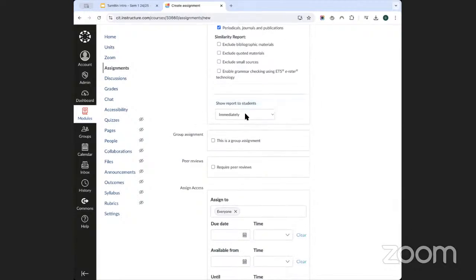The option then, in terms of showing the report to students, allows you to determine whether students will see the report immediately after they submit, after the assignment is graded, after the due date, or never. We'll talk a little bit more about this later, but this is also an important decision. If you select that the report should be shown to students immediately, what I'll do actually